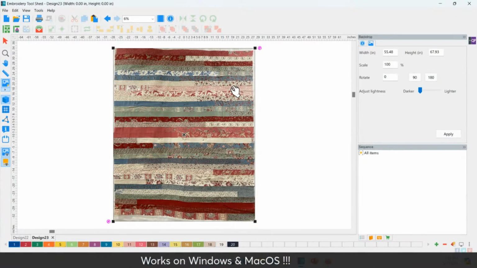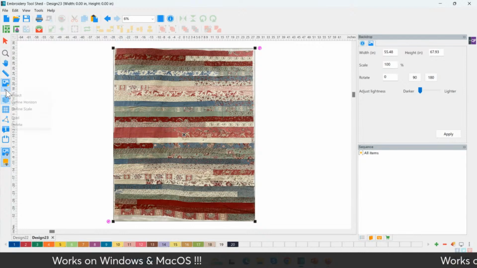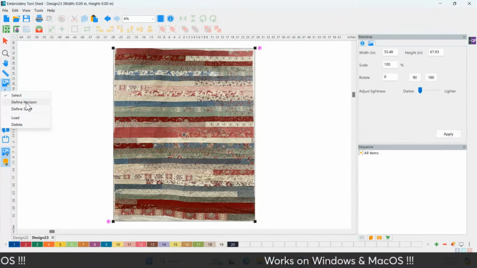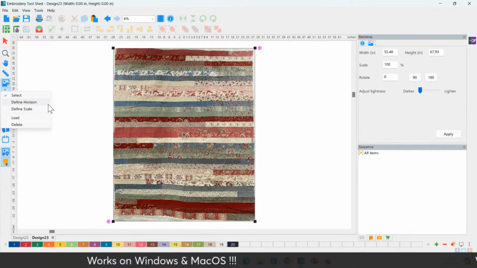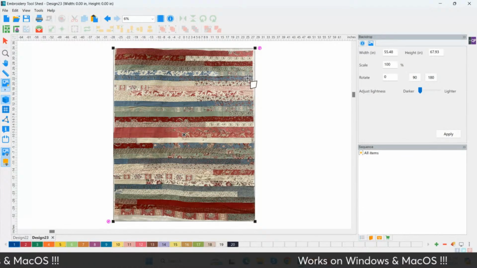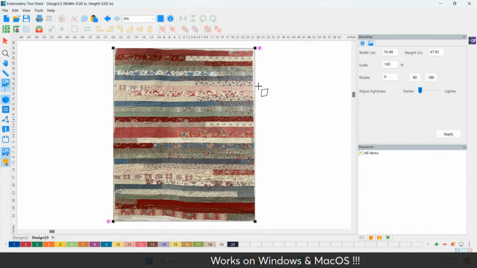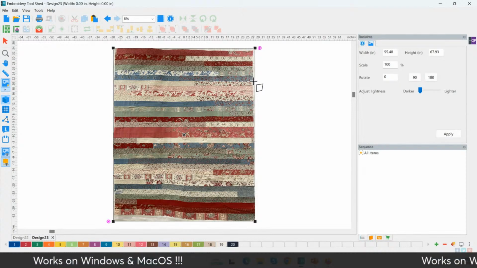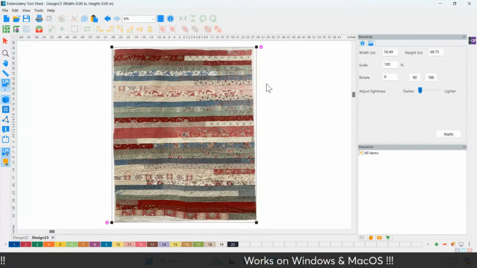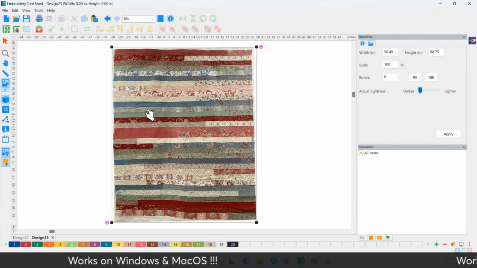Now, this image is pretty straight, but another thing that you can do is define the horizon, which is over here in my left-hand toolbar. Under that flyout menu, if I say define horizon, it will let me mark a line. Again, this is pretty straight here, but it might adjust a little bit. So I'm just dragging down one of those strips. And whenever I release, you can see that it slightly adjusted that for me